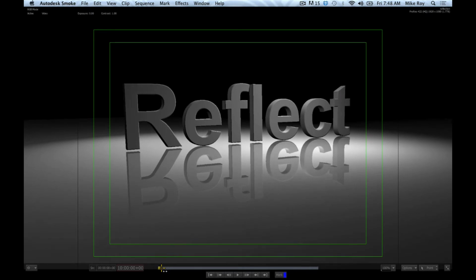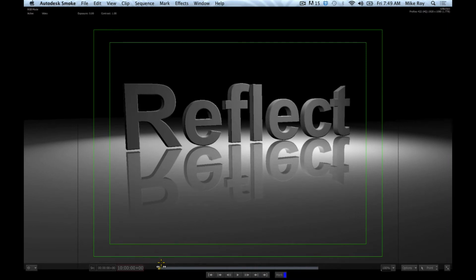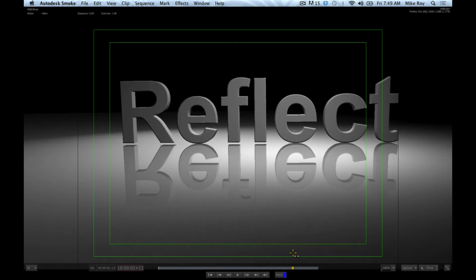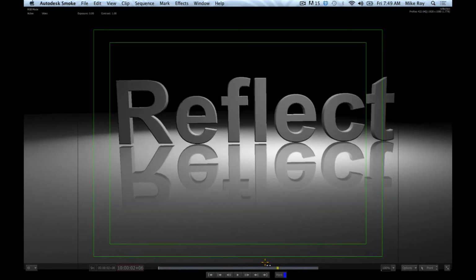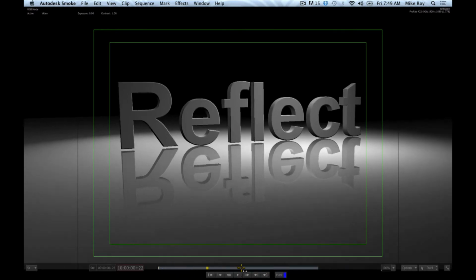As you know, Smoke's implementation of 3D is what I call sort of 2.5D. You have real geometry in there and it can generate 3D text. However, you don't have all of the things that you can do in a normal 3D program like Studio Max or Maya. It doesn't generate these reflections automatically, and you don't have a lot of control over surfaces and rendering